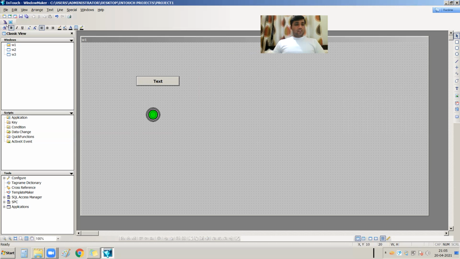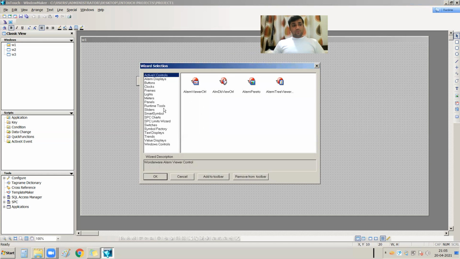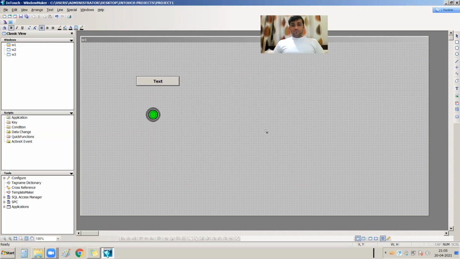If I again go to my wizard section and take one slider, I am taking the slider because I am going to discuss the analog tag, how to create an analog tag without the tag name dictionary.